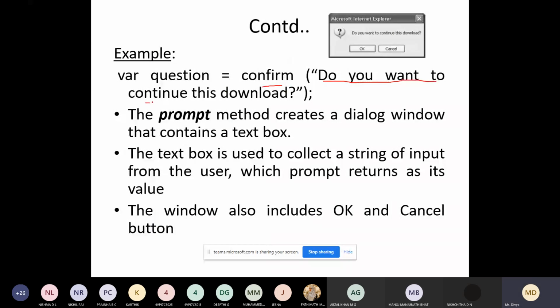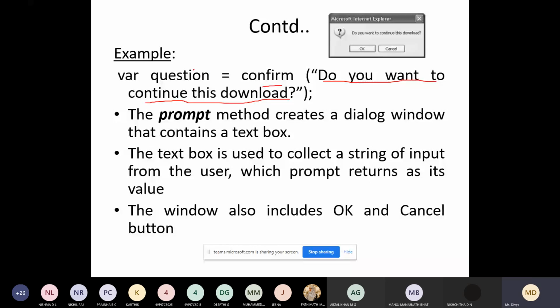You can write any message, and it will be displayed like this. Usually when you are downloading something from the browser or installing software, you will get a message like this: do you want to continue or do you want to download? With the two buttons, OK and Cancel. If you give OK, it will store 1, and if you cancel, it will store 0.